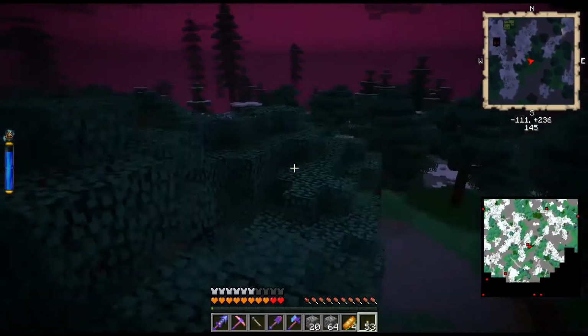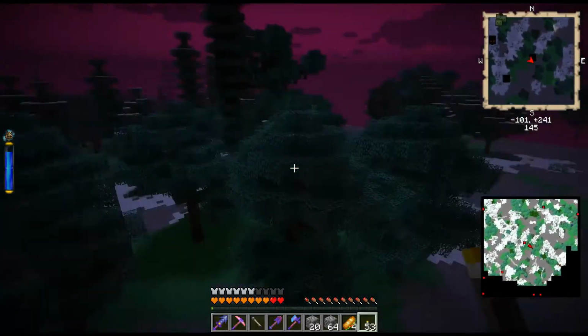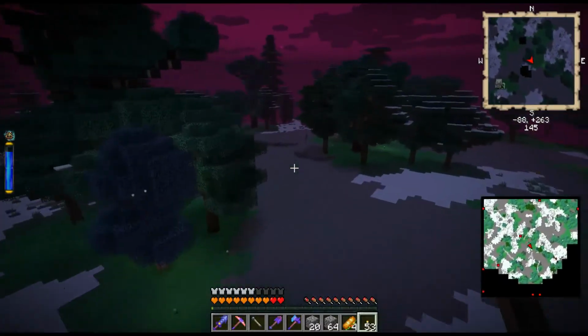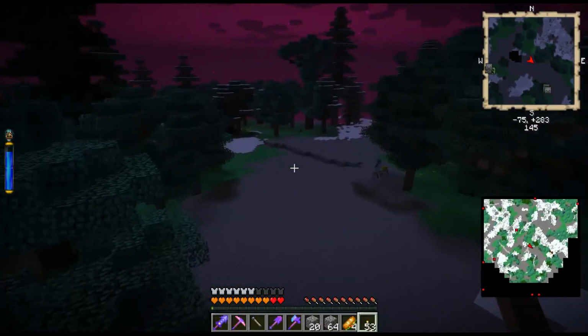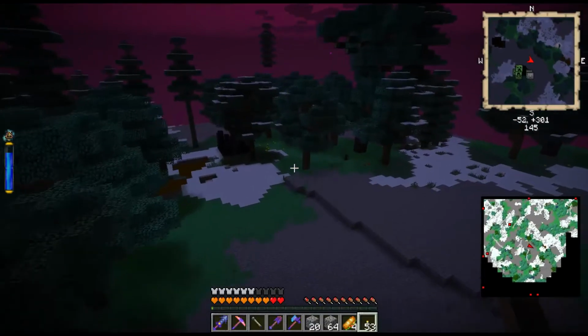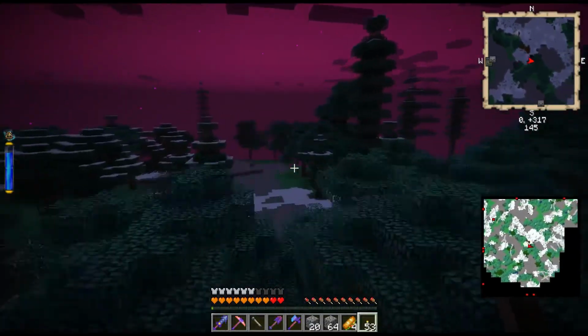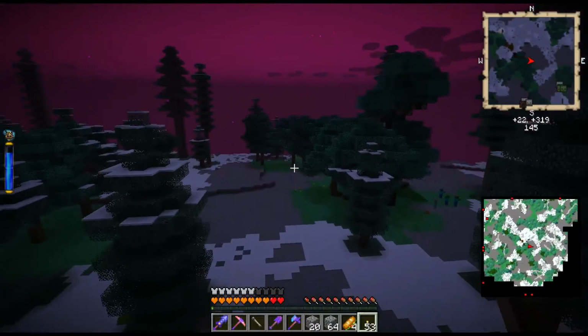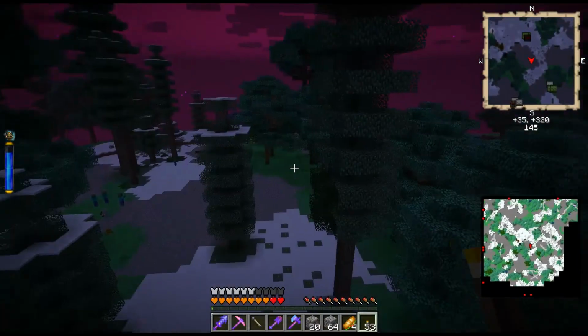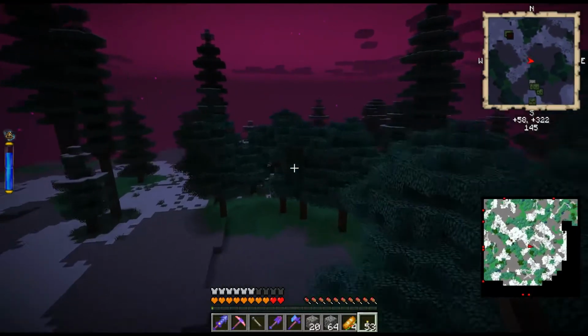At any rate, with flight and speedy boots and good jumping and all that, a world like this is not too big of a problem, but don't think this is the worst that you can find in Mystcraft. So basically the point is, and I'm not finding any in this world, but the point is to kind of go through some randomly generated worlds first,